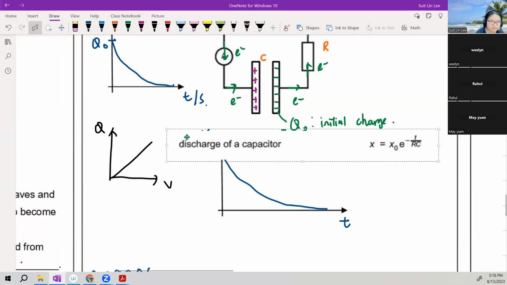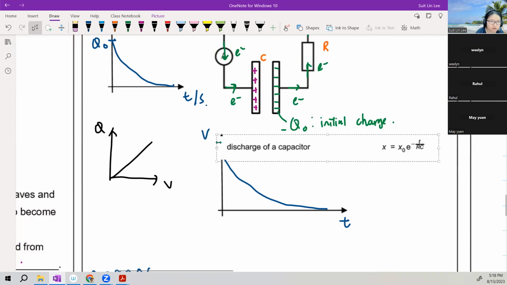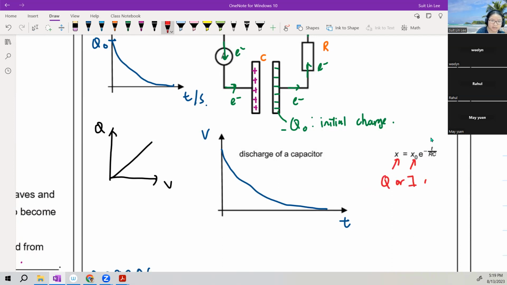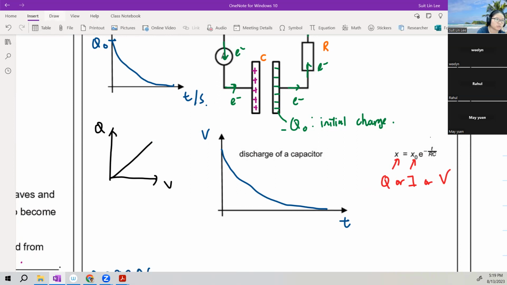It looks like that. So we need to be able to modify or adjust this equation. This X and X naught can be anything. It can be Q, it can be I, it can be V. So in other words, it can be rewritten as